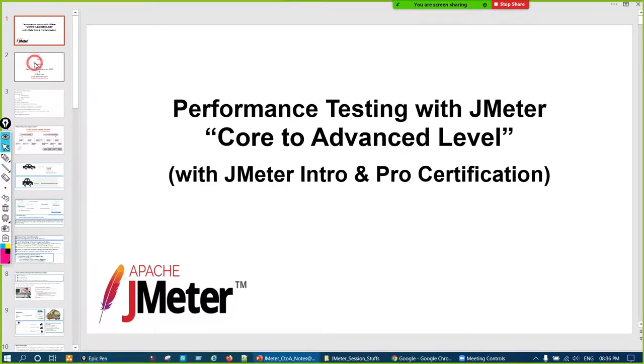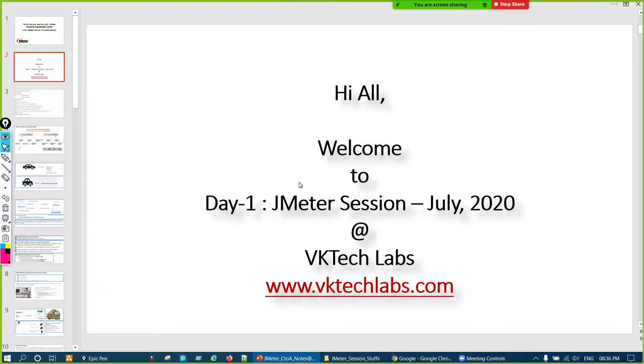Now today is day 1. So we'll start with the basics of performance testing, because many people are from a functional testing background. First we'll see performance testing, and then slowly we'll deep dive into JMeter, right? So today is day 1, and